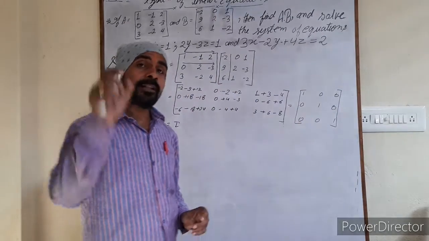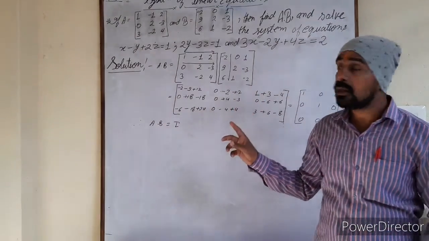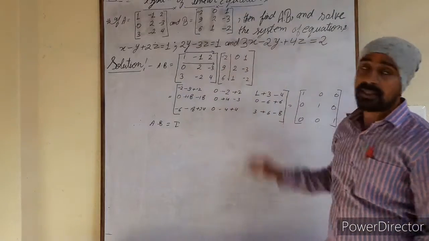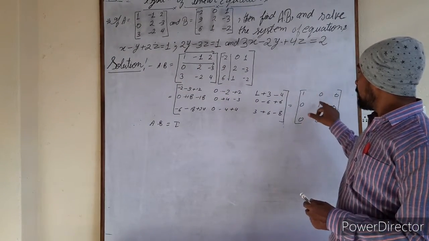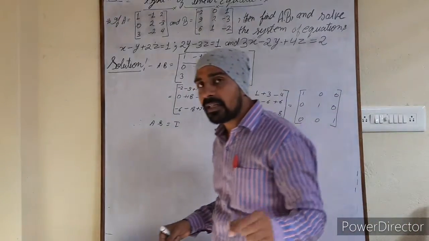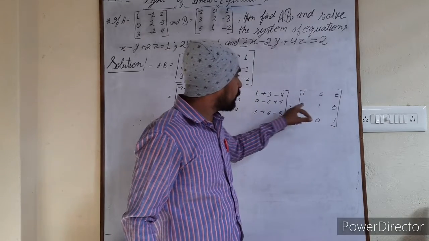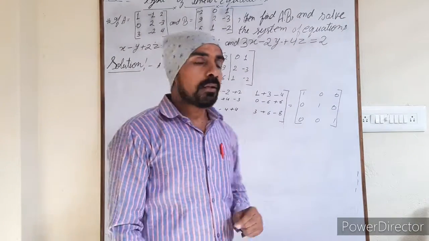You have to keep one thing in your mind, that whenever this type of question comes in the examination, you have to find out the product, and after that you need to find the solution of this. Certainly, the identity matrix will come here, that is 1 1 1 on the diagonal and 0 elsewhere. Maybe 8 8 8 is here, maybe 4 4 4 is here. That 4 will be taken as common, that 8 will be taken as common. That will be done by you.